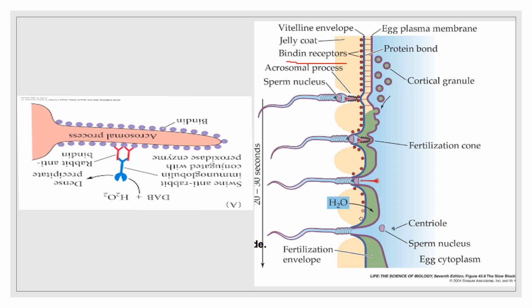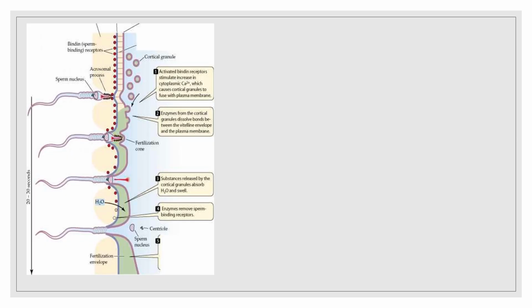Okay, what will happen after that? This binding with the binding receptor will enhance the calcium released within the ovum cytoplasm. These are the cortical granules within the ovum cytoplasm. Now these cortical granules will come to the plasma membrane and fuse with it. Okay, they will be fused with the plasma membrane. Now after the fusion, the content of these cortical granules will be released into the